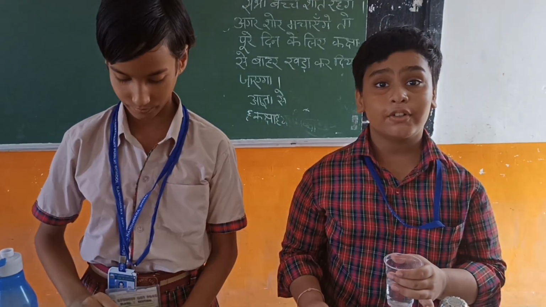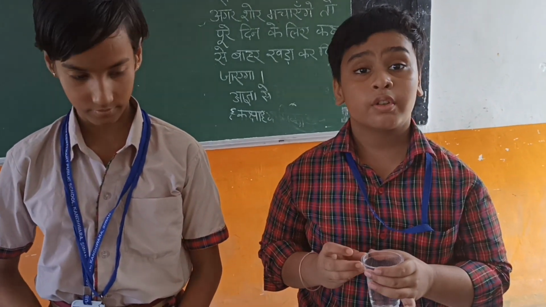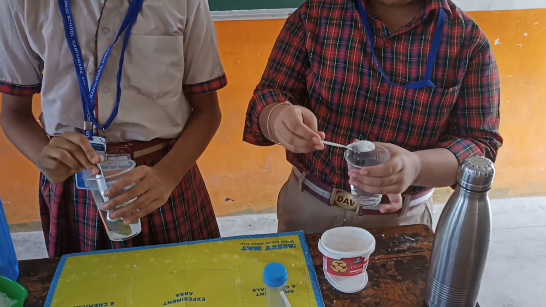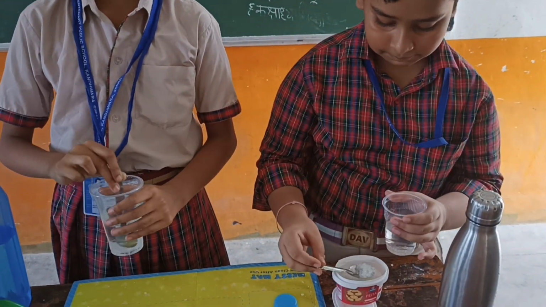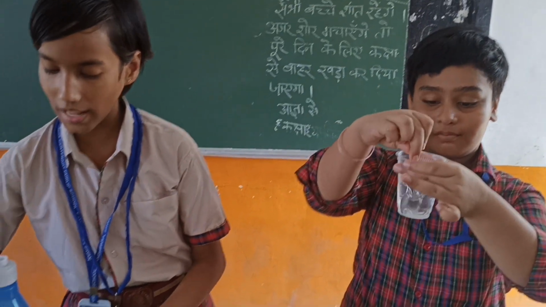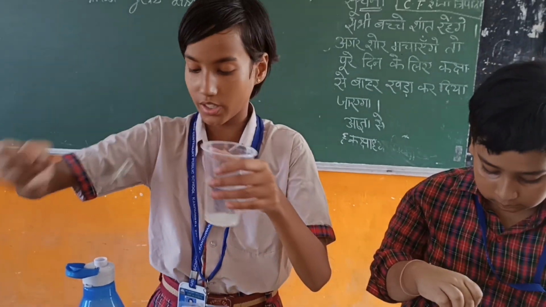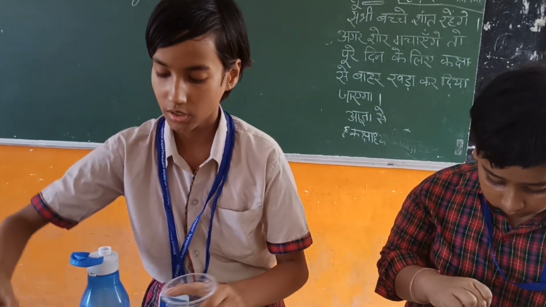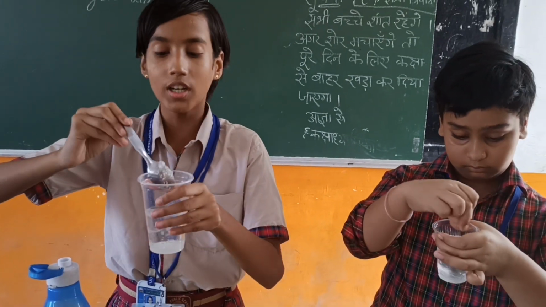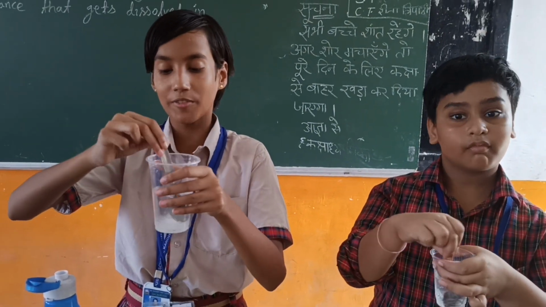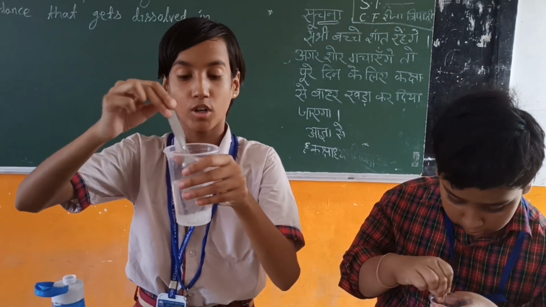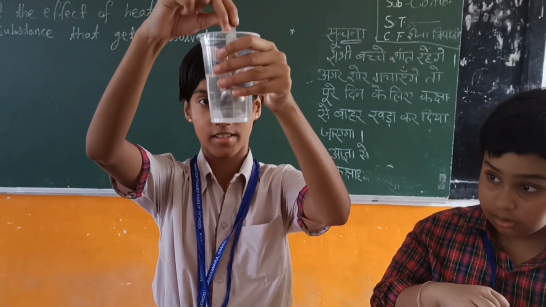We can continue this activity till the sugar becomes insoluble in this water and sinks to the bottom. Now we will add some more teaspoons of sugar into the tumbler, so it should become insoluble in water, because sugar is soluble in water, but we have to add large quantities of it, so it should be insoluble in water and sink at the bottom like this.